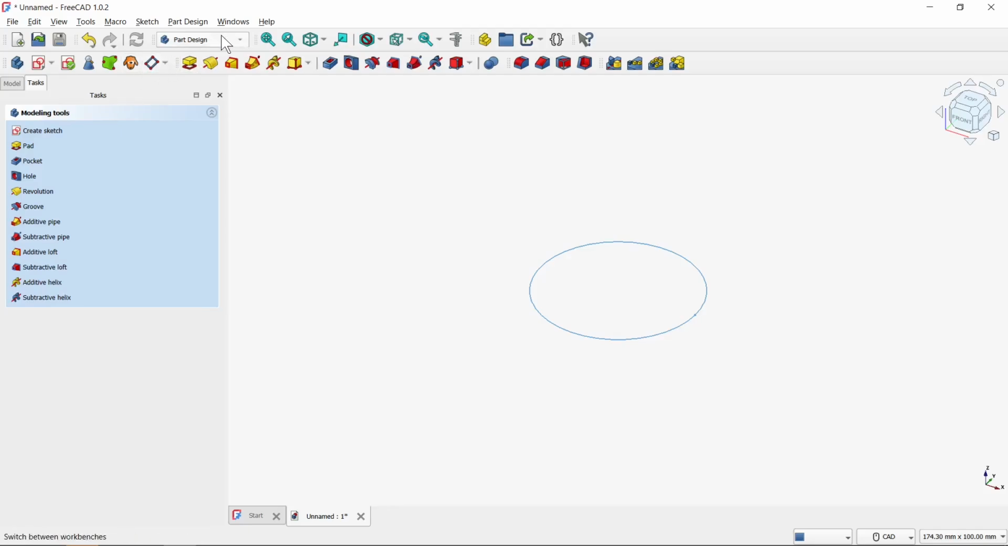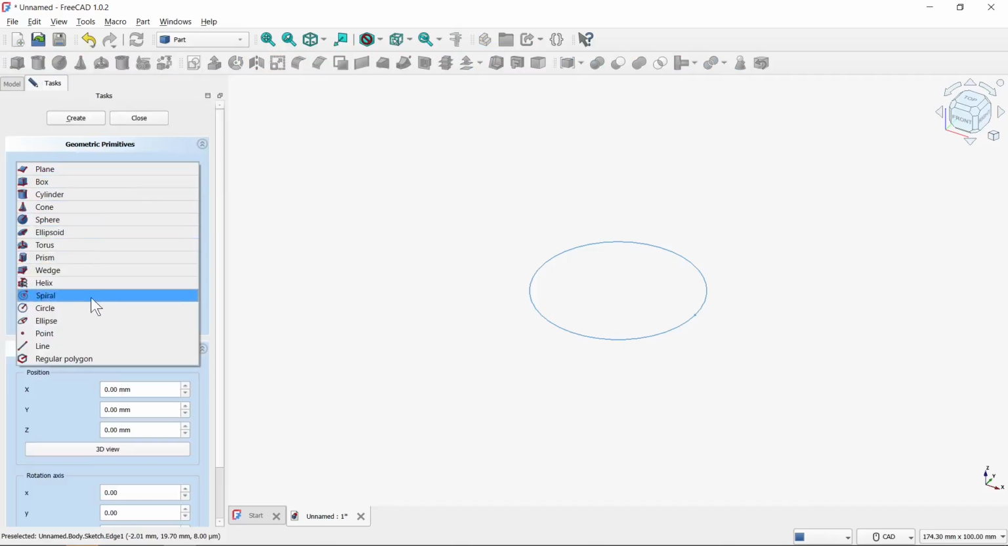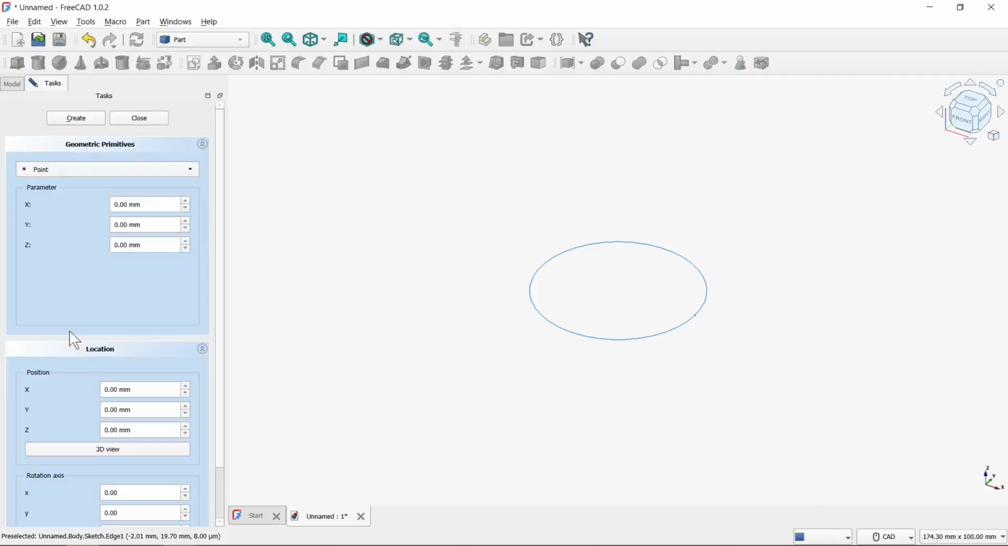Now we need to change mode from part design to part, and here we need to click on this one icon, create primitives, creation of parameterized geometric primitives. Then we need to click on this one list and we need to click on point. Now on Z we need to type for example 50, then we need to click create and we need to